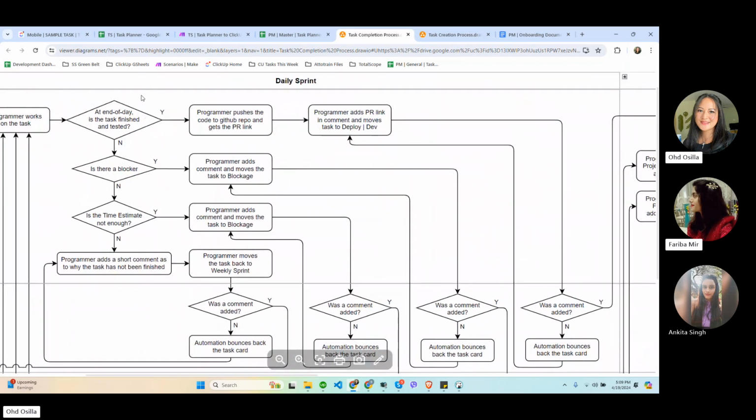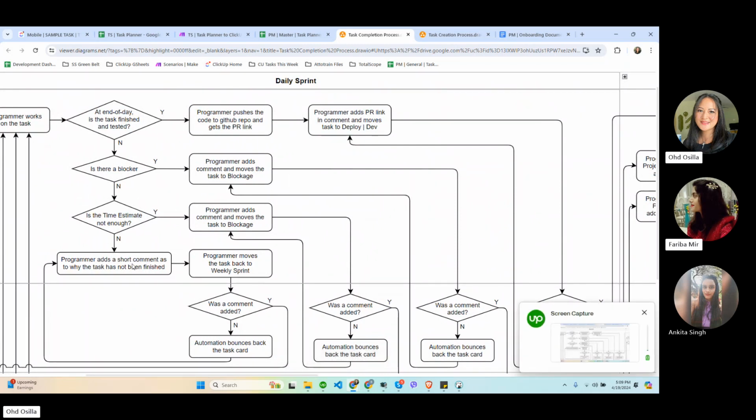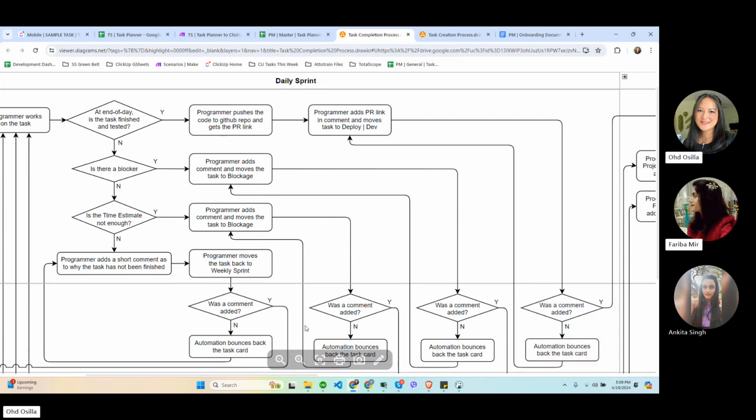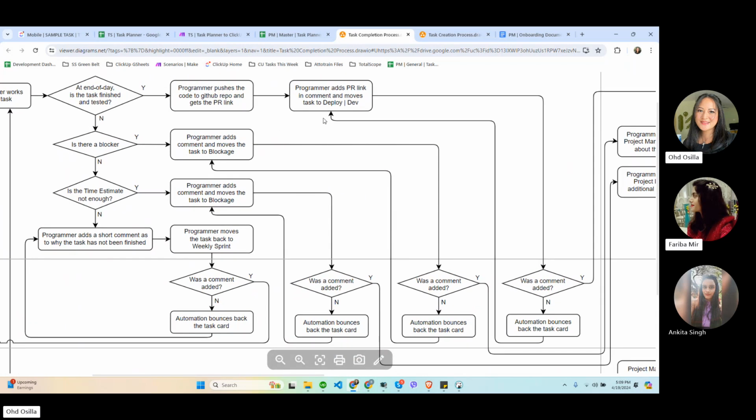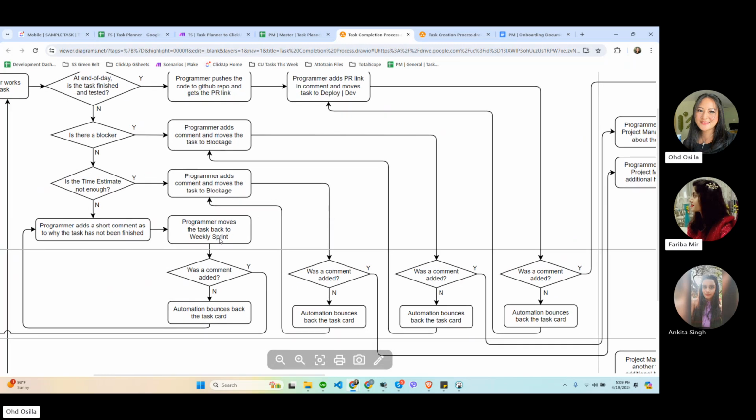But once they put the task in daily, it means they started working on it. So they are required to add a comment if they move it to deploy to dev, or to blockage because there's a blocker or a dependency on another task, or back to the weekly sprint because their day has ended and they haven't completed the task yet and will continue the following day.